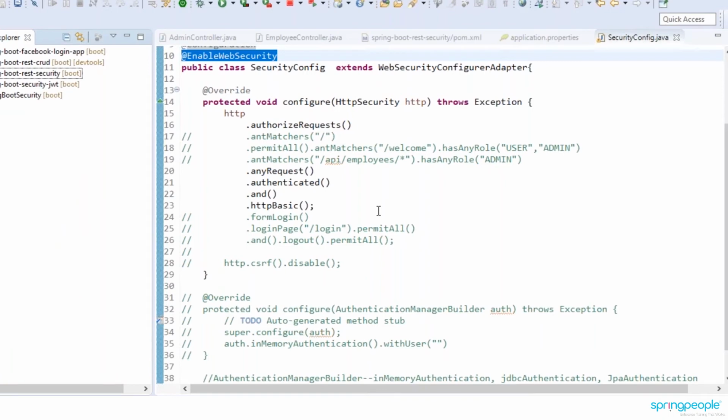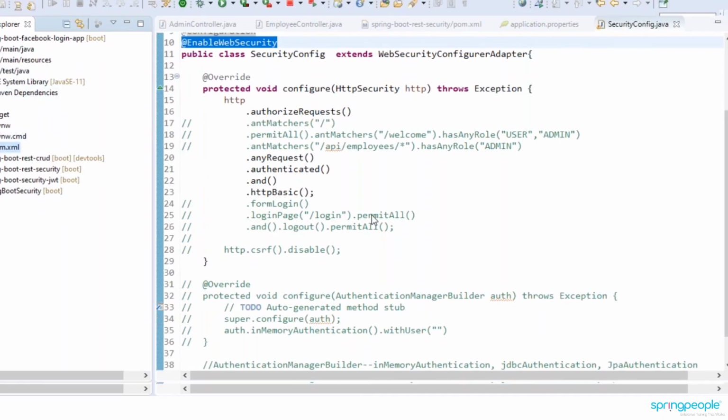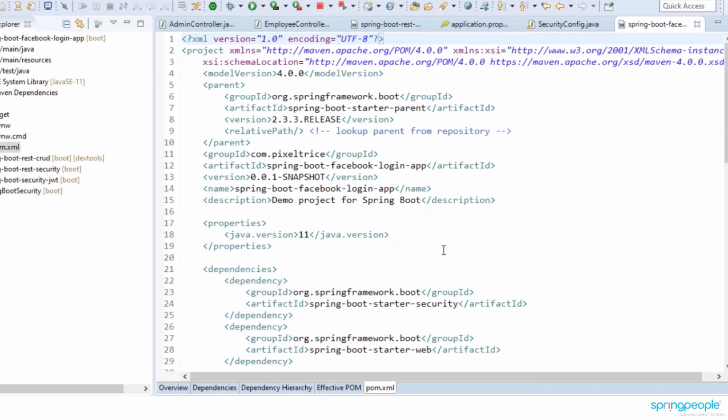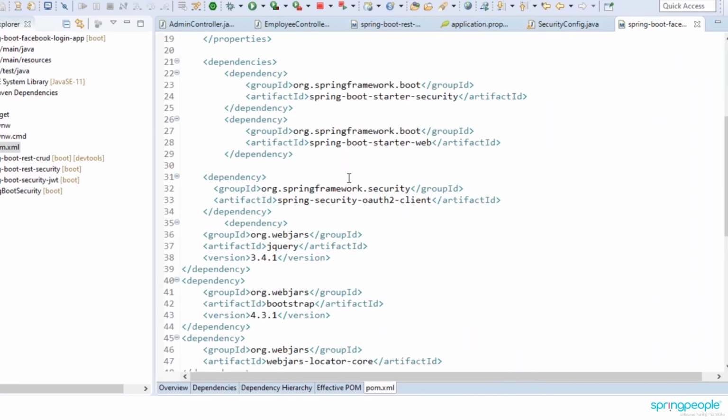So that is our social login. Here I will be working on a Facebook login, so we will be using the dependencies to work with Facebook. If you go to some applications, it will say you want to log in with Gmail, or with Facebook, or with LinkedIn, or whichever type of account. That is basically a social account. So if you go to the pom.xml, you are able to see Spring Security OAuth2 client. So OAuth2 client is configured here.